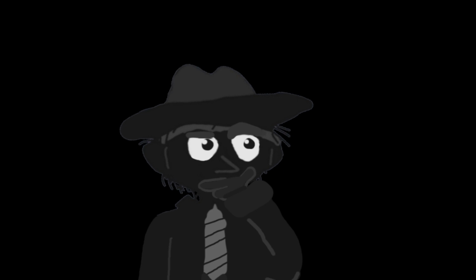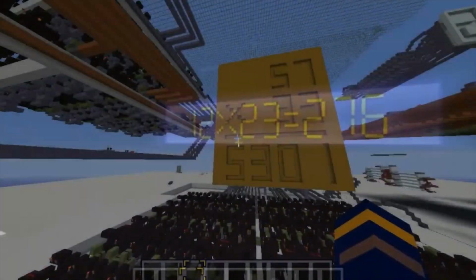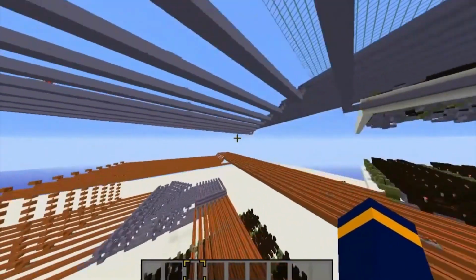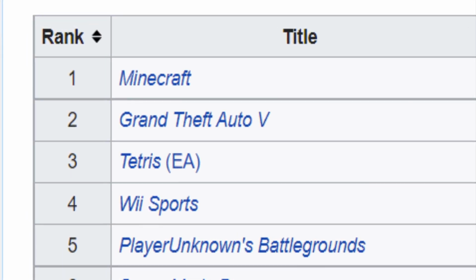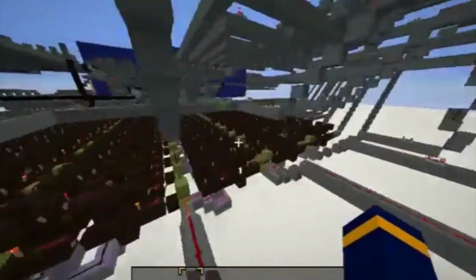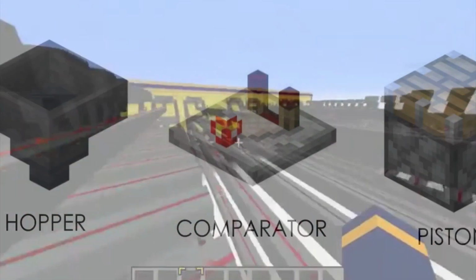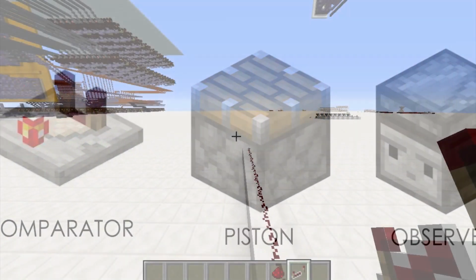So for the past 7 years or so, I've been obsessed with redstone calculators in Minecraft, which is a game you're likely familiar with. I mean, it's not like the most sold video game of all time or anything. So this fantasy sandbox game incorporates a pseudo-electrical component called redstone, which can be used to construct circuits in a large and visual way. It's gotten more and more complex over the years, but all we really need are the